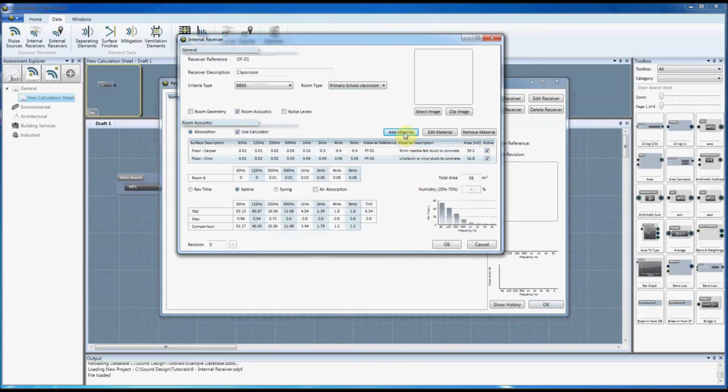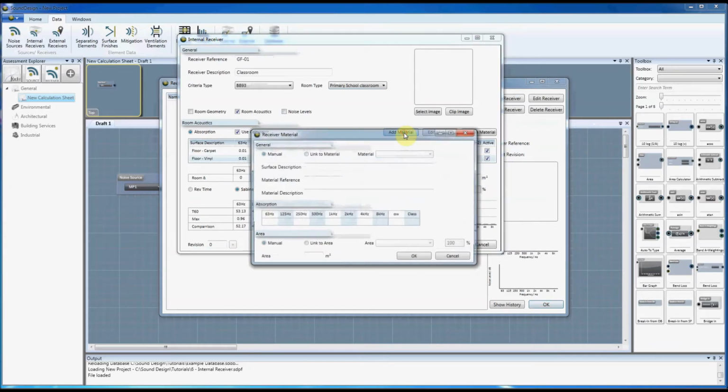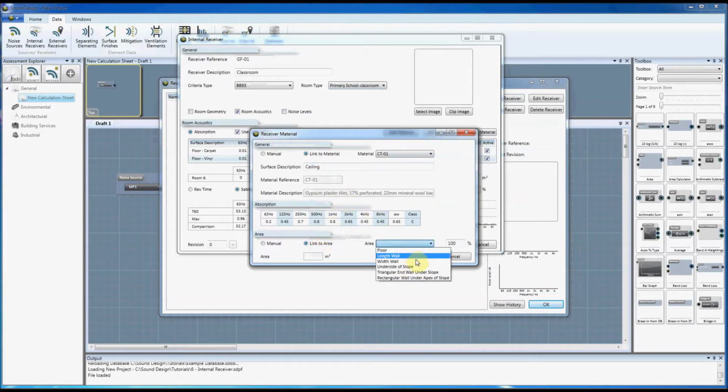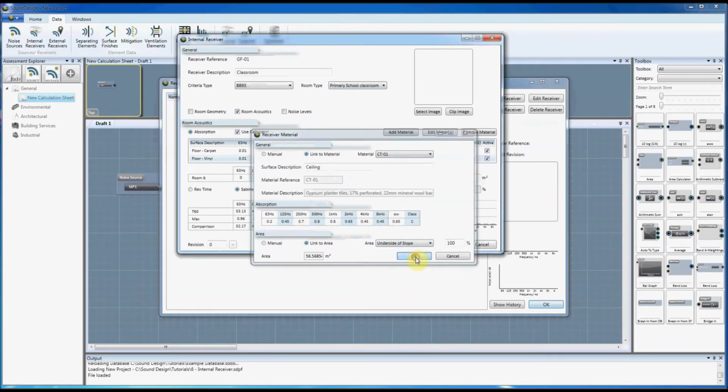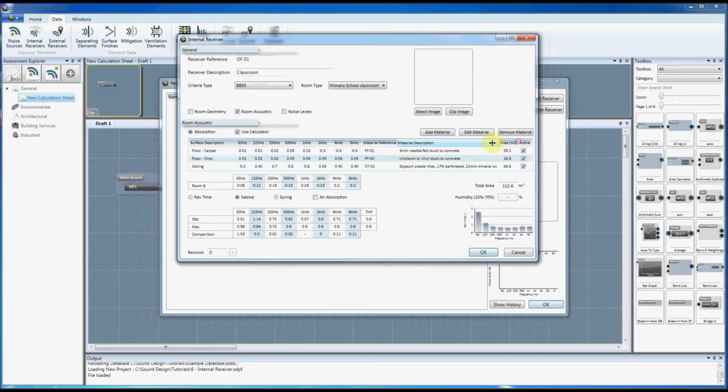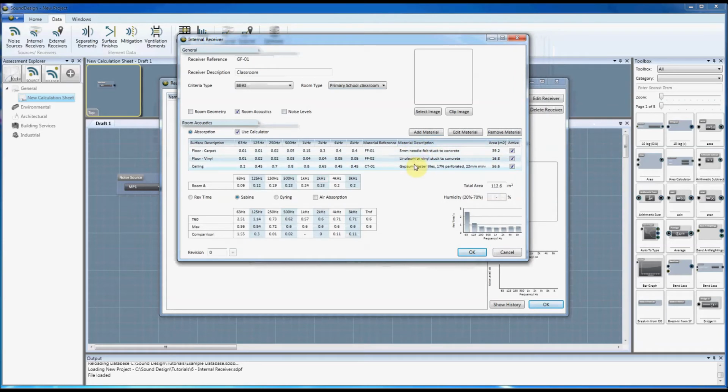And finally, let's put a material on the ceiling, so we'll link to material. I've got one there which is some perforated plaster tile, so let's just call that ceiling, and we'll link it to the underside of the sloped part of the ceiling. Okay, so you can see now that it's basically added in those three materials,